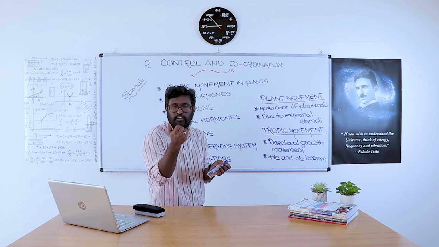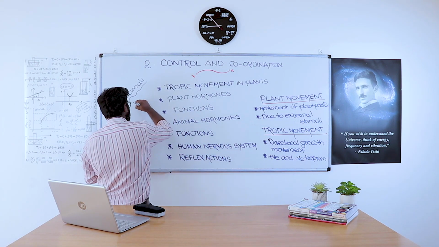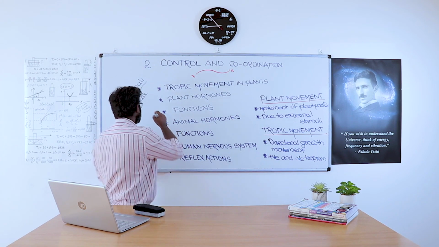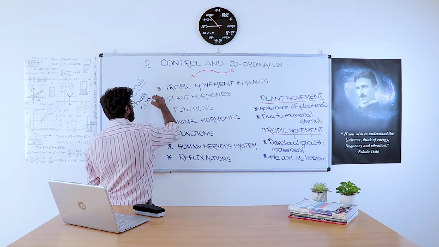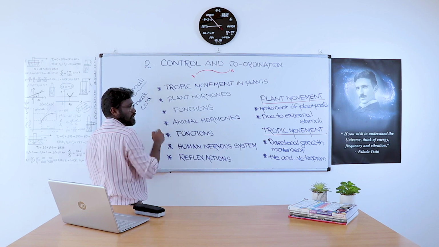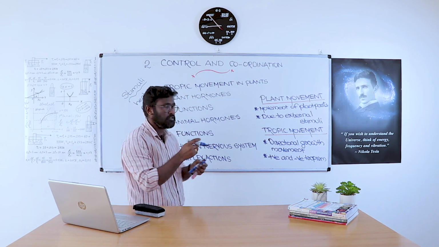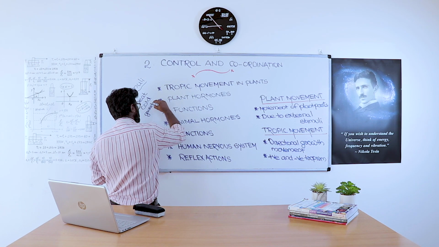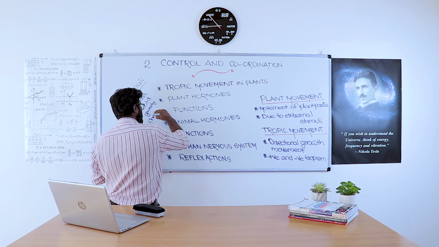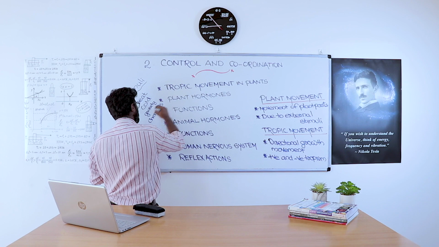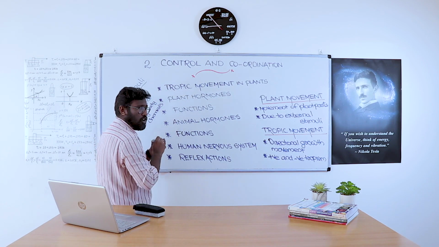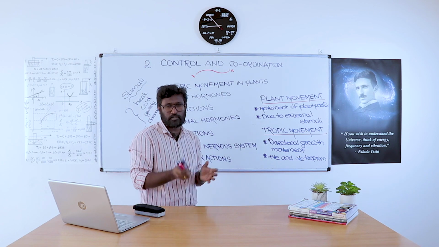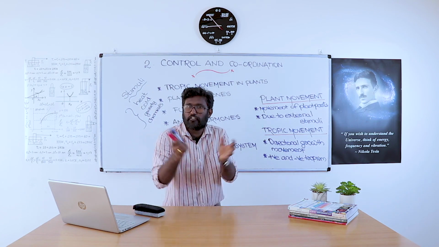For example, heat is a stimuli. With respect to the heat changes in the atmosphere, plants and animals react. Cold is also a stimuli. Together we can say that temperature, gravity, the force of gravity, and some chemicals are all examples of stimuli. With respect to all these changes, plants and animals respond, but they respond in a different way.